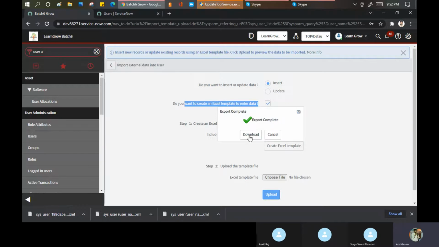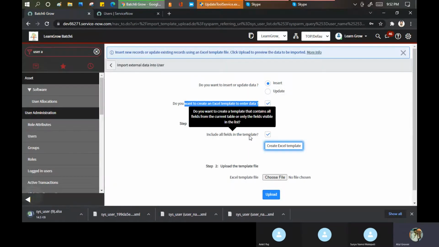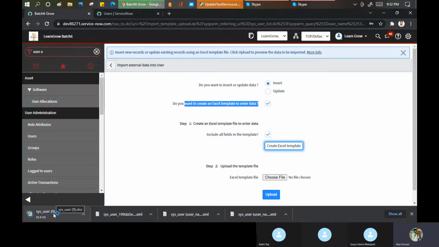I'm sure Ankit will say, अतुल ये तो पहले बताना चाहिए था ना, क्या करके ले आए हो? Now download this data. It is little heavy. It will be go for 1 or 2 MB file approximately. But when you see this file, you will be surprised. The things which we done on the day one of the transform import and export part, or the transform map or the import set, everything will be done automatically here. ServiceNow will create the import set for you automatically in the background. I told you it's go more than 1 or 2 MB, because this Excel sheet will contain the way of working or the way of usage of this Excel, that how you need to be upload your data. Let me open this.